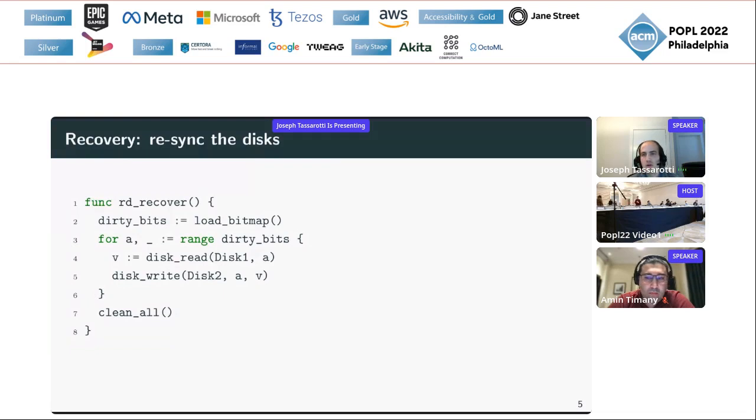And then for each of those addresses, we're going to copy the value from disk 1 over to disk 2. So we can think of the write on line 5 as completing or wrapping up a potentially interrupted write that was going on when the system crashed.